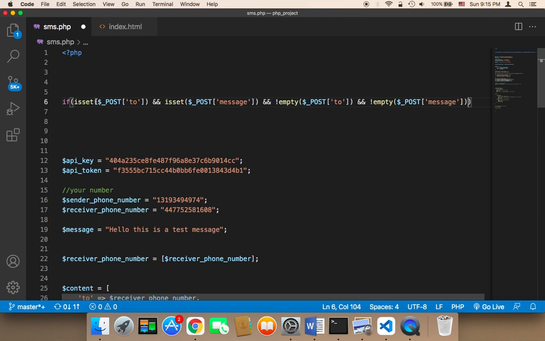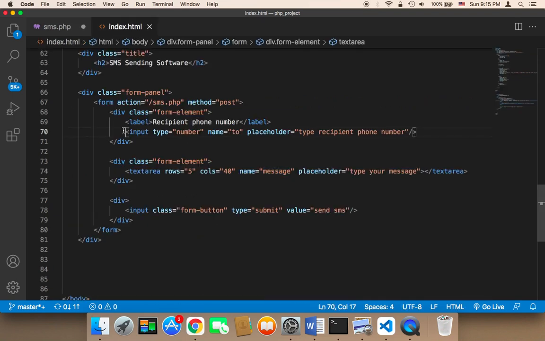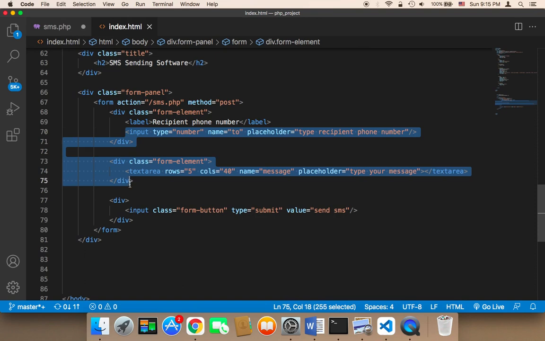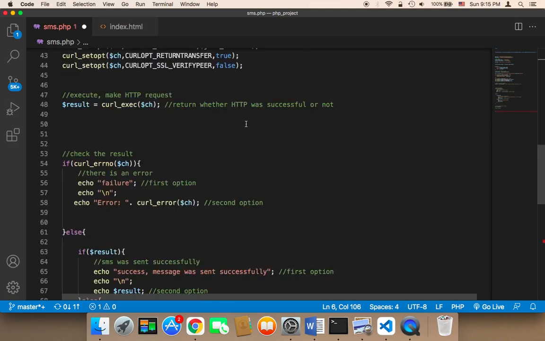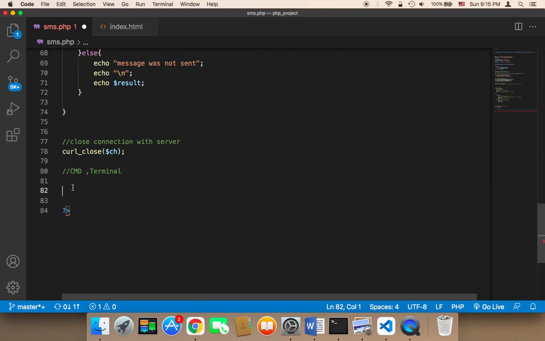So let me explain this one more time. This line of code is going to check whether these two inputs are set, meaning they exist, and whether they are not empty. If they are not empty, then we can execute this code. We can send the message. So here I'm going to add curly braces, and then I'm going to surround everything here. I'm going to close this. I'm going to add here the closing